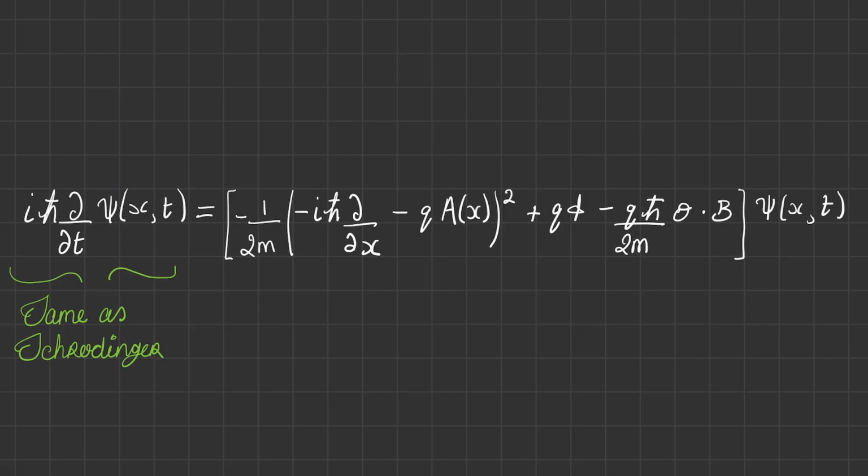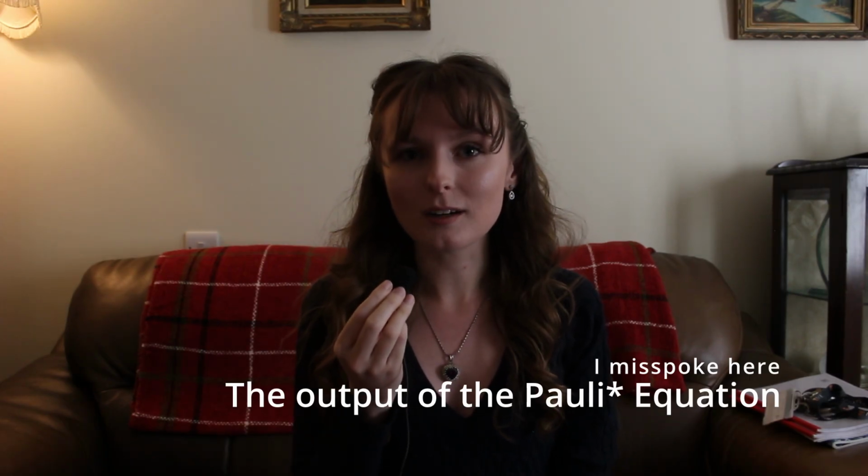It's worth keeping in mind that spin is an inherently three-dimensional quantity since it causes rotation in a field. Again, deriving this in detail is outside the scope of this video, but we can compare this to the Schrodinger equation and see our Hamiltonian operator has been given a little bump because of this spin reaction. Something I do absolutely want to make clear is that the output of the Schrodinger equation is no longer a